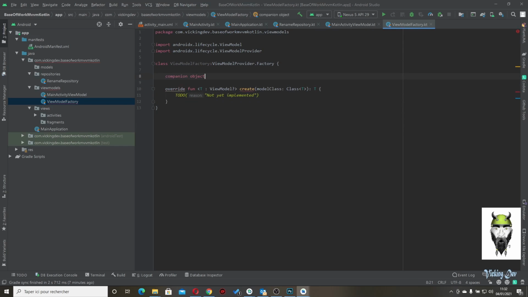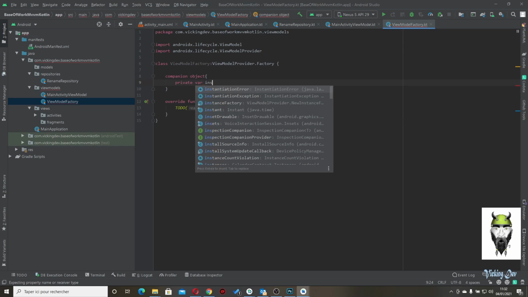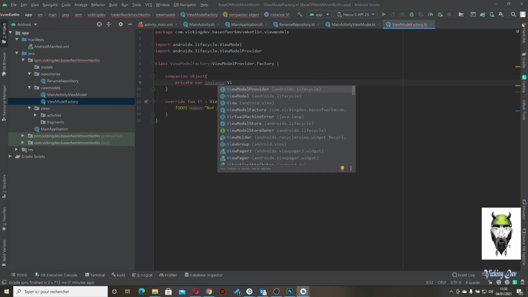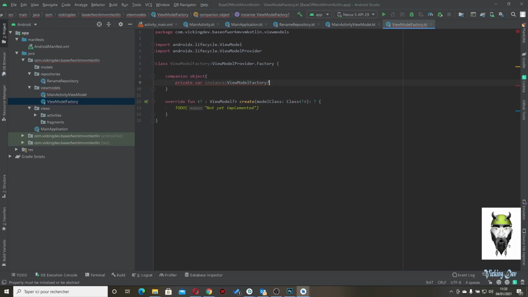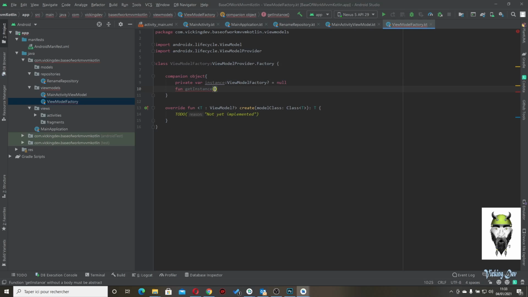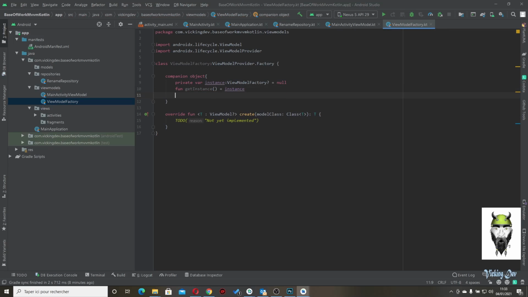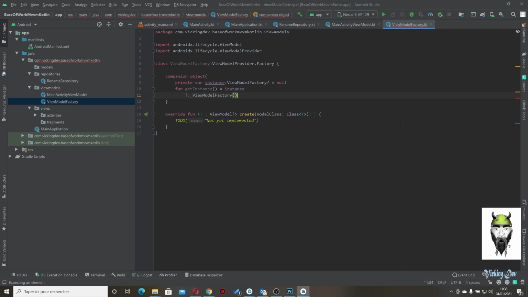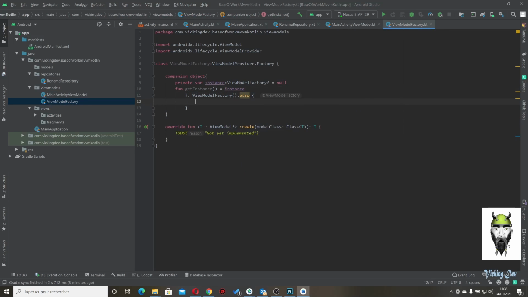Let's create the companion object, private var instance view model factory, if null, and get instance equal instance view model factory. That's it. That also instance equal it